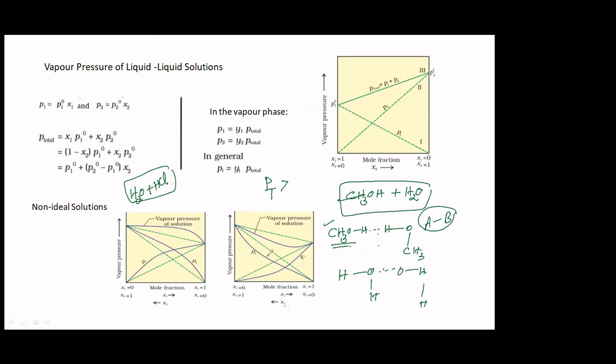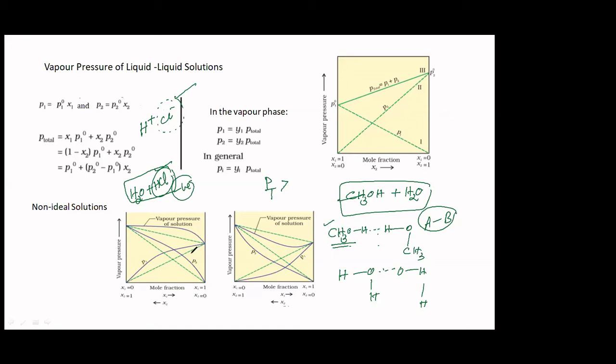H2O and HCl. And they will not give you a mixture, they will say aqueous HCl. Aqueous HCl means it is H2O plus HCl only. So the moment you put HCl into water, it is going to dissociate to give H plus and Cl minus ions. The Cl minus ions will be hydrated. A large number of water molecules will come and form a shell. This H plus will appear as H3O plus, which also is hydrated. Because of this hydration, the escaping tendency decreases, and therefore it shows negative deviation.